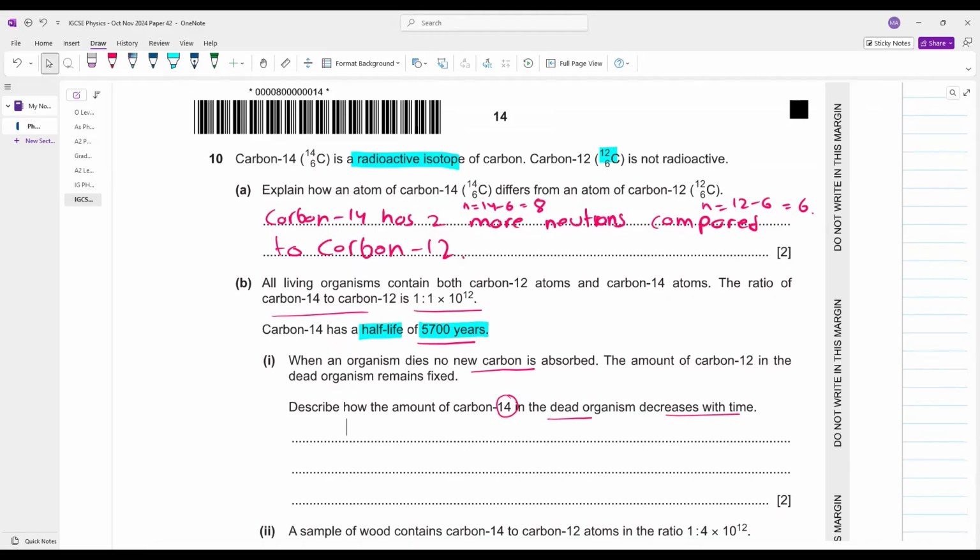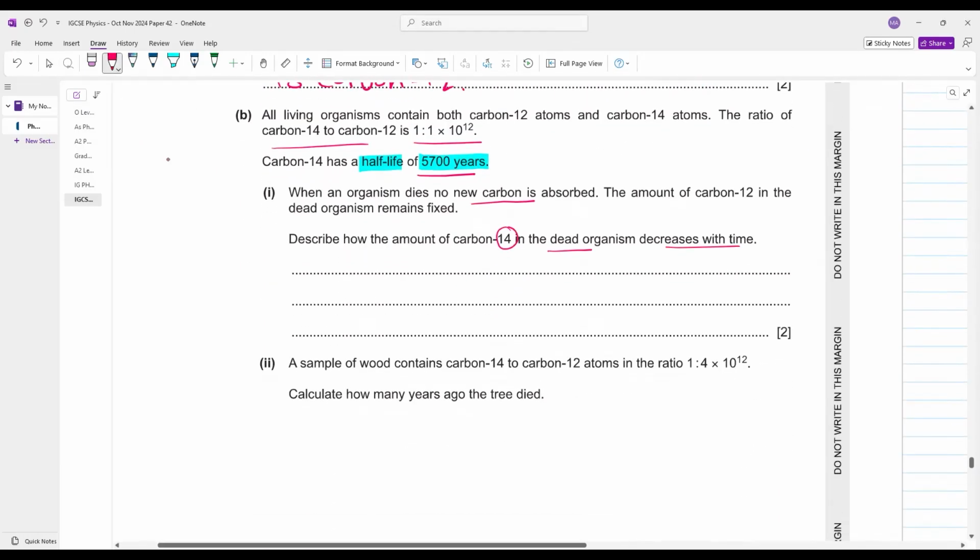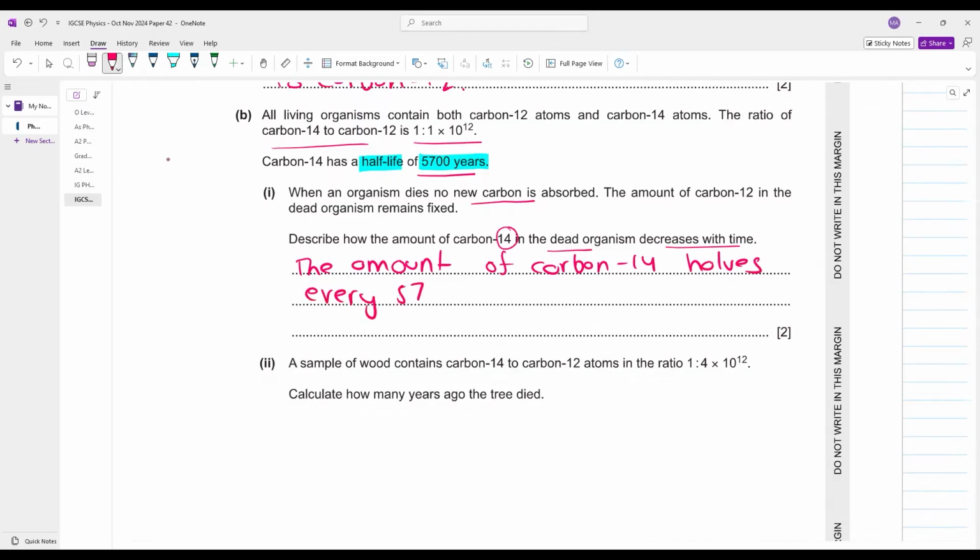So you will say the amount of carbon 14 decreases to half or decreases by half after every 5,700 years. So you will say the amount of carbon 14 halves every 5,700 years. Easy. A sample of wood contains carbon 14 to carbon 12 atoms in the ratio of this, 1